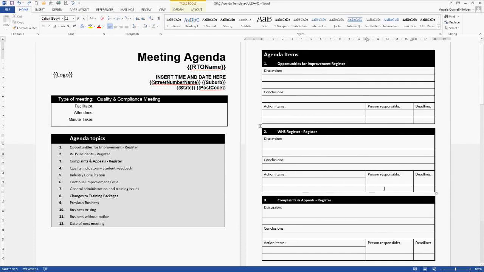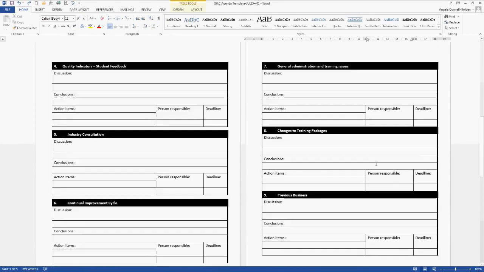We can put in there what action is going to be happening with each one of these. And that's what ASQA want to see. The minutes of your meetings should be focused on what action items you need to take, but also decisions that were made. So if you've made a decision within your organisation, how do you process that?